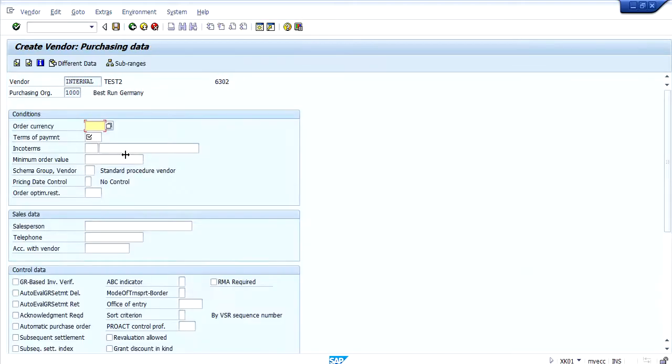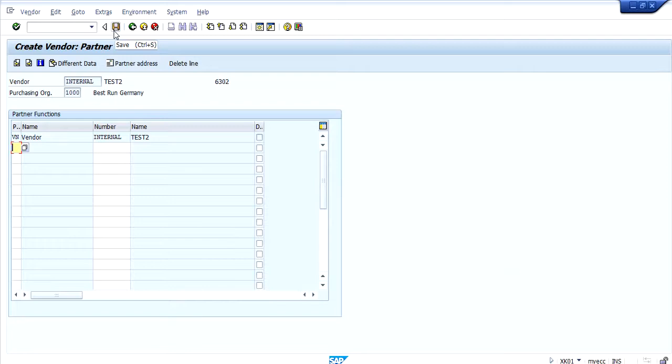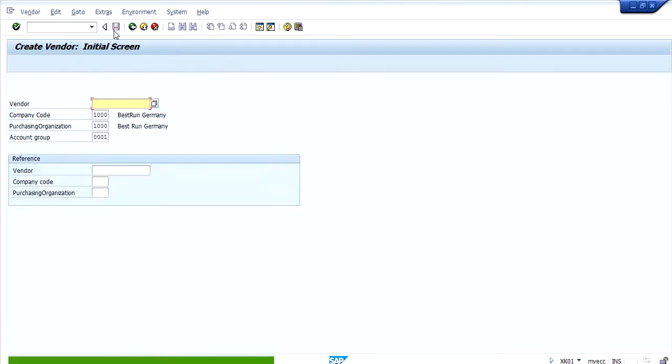If we proceed further, here we can see the order currency and terms of payment are mandatory. Now if I click on save, a vendor number will get generated. So this is my vendor.